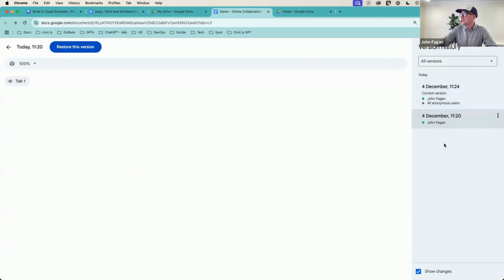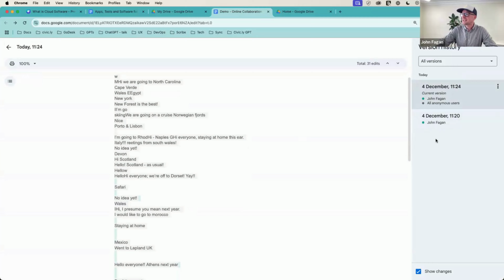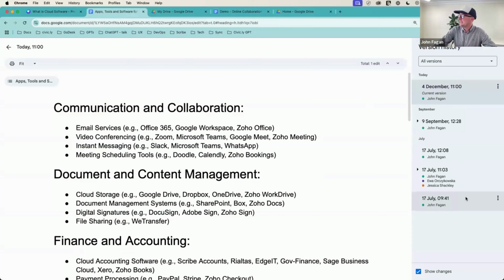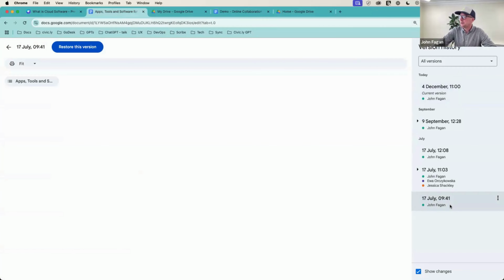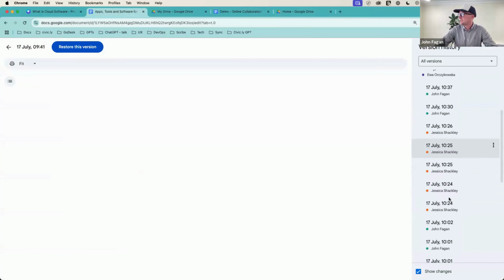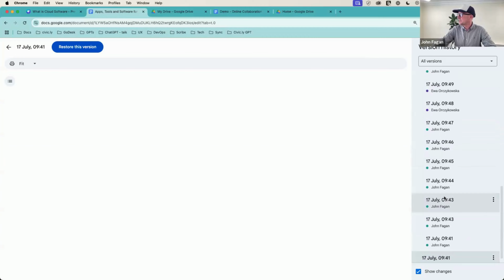Then this is the next version, but you can get snapshots. I'll go into the version history, and these are effectively backed up versions of that file at that point in time. I can see who's edited it: myself, Eva, Jessica.